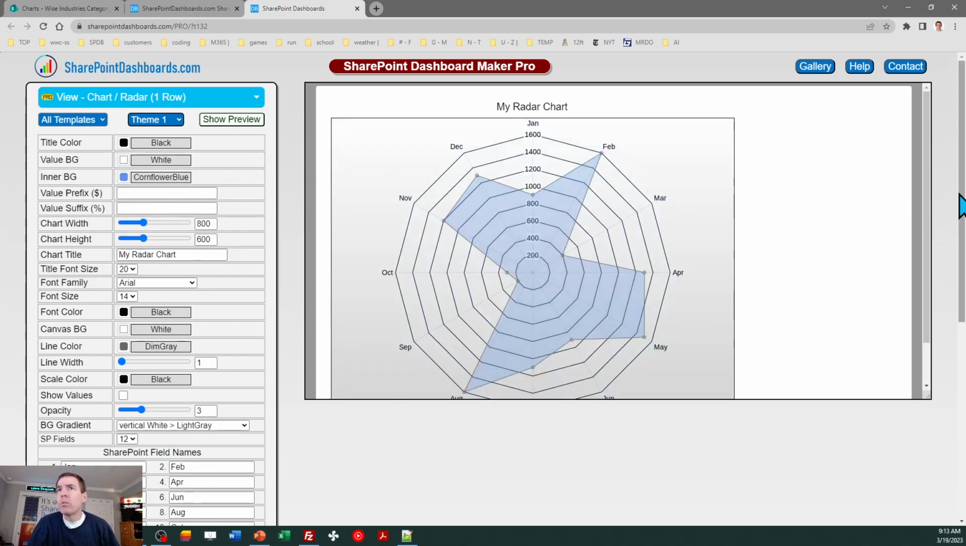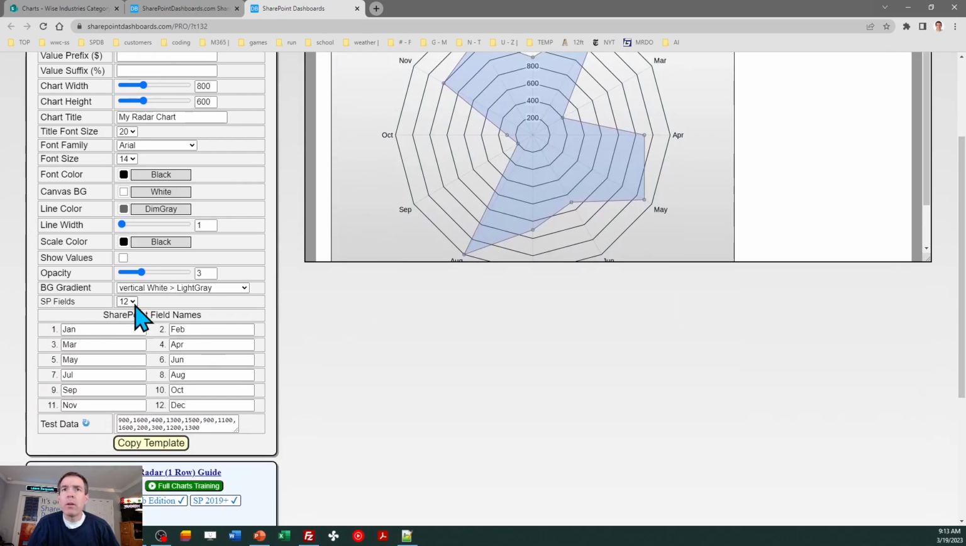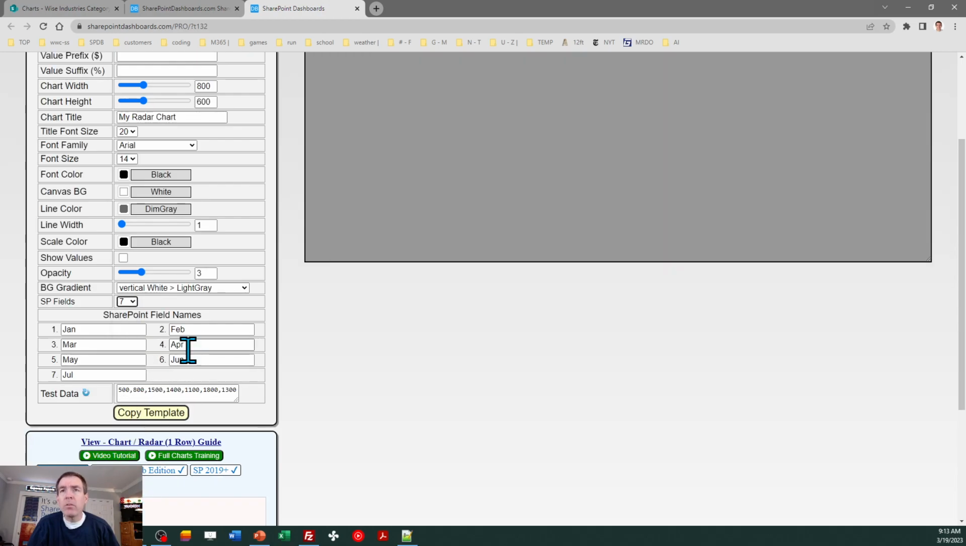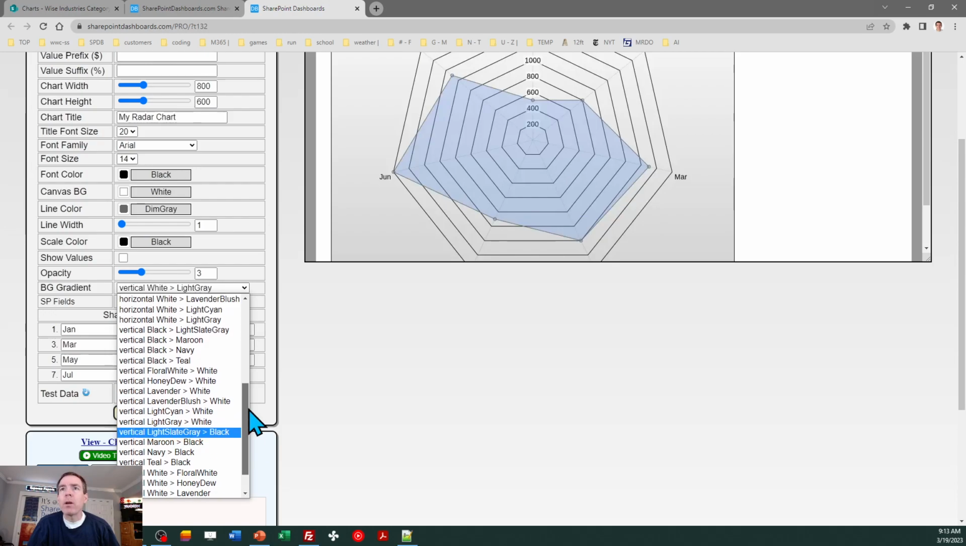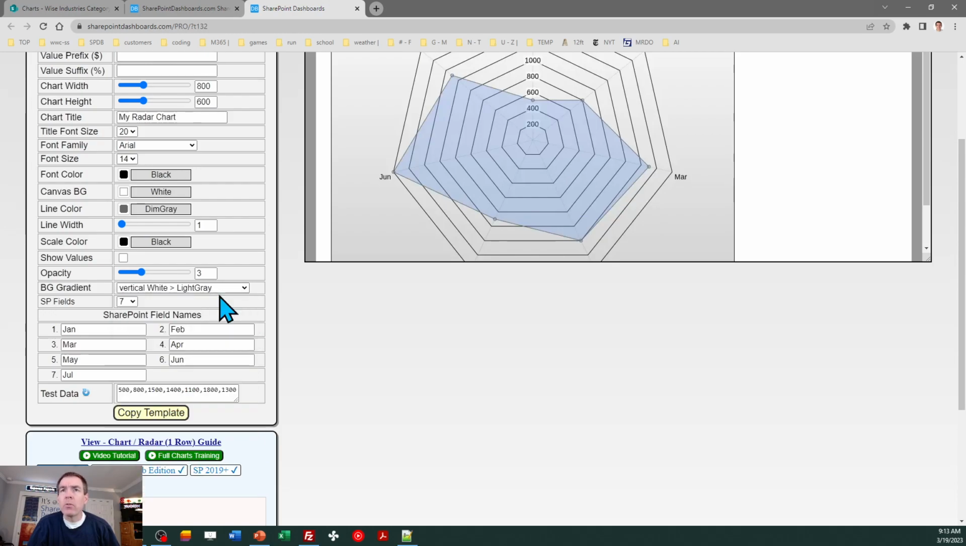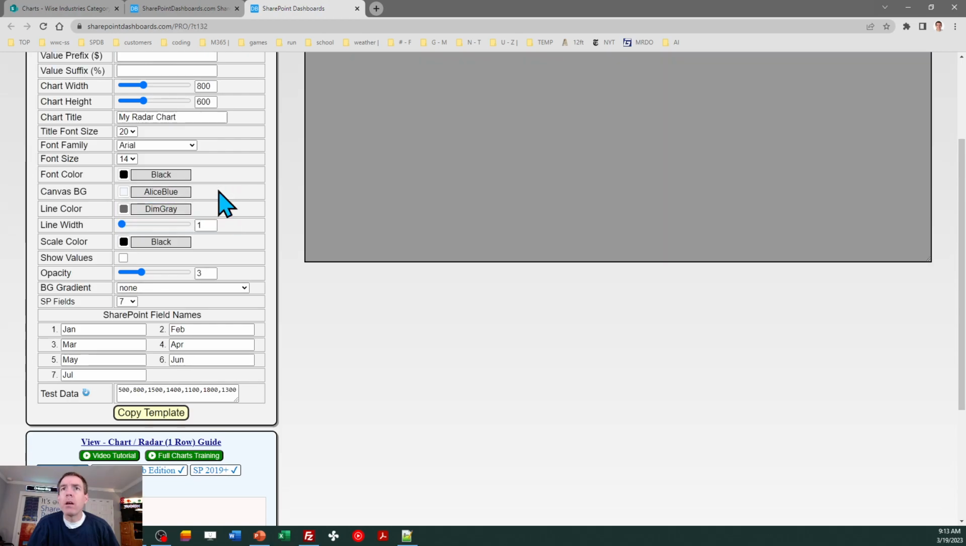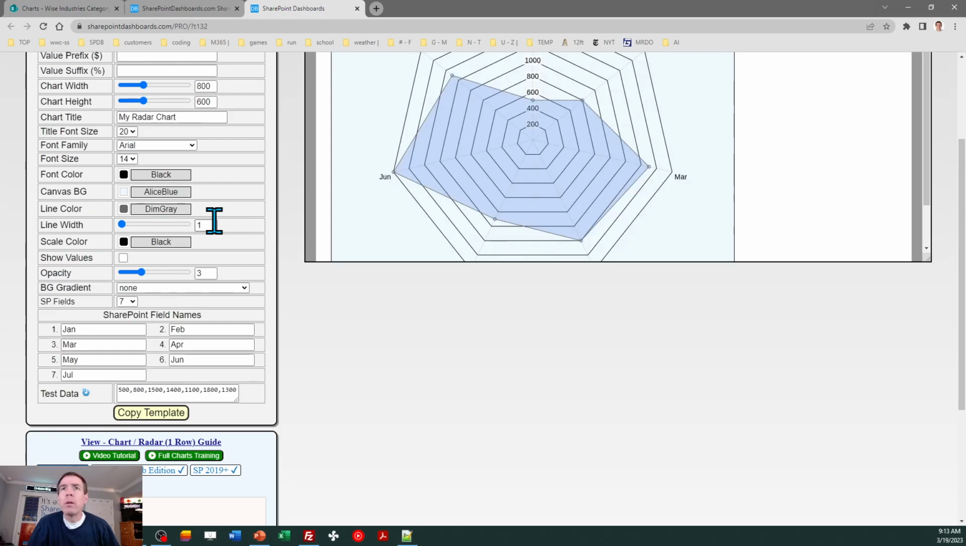And I'm going to go ahead and put in my field names and the net amount of fields like I did before. So the configuration on this chart is very similar, and that's in fact why we're covering these charts together in this training today. Okay, so I'm going to adjust the canvas background color again. We'll go for Alice Blue, and then let's go ahead and